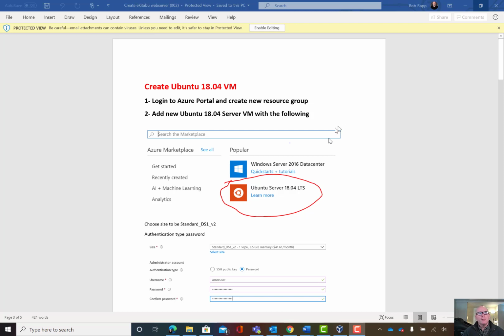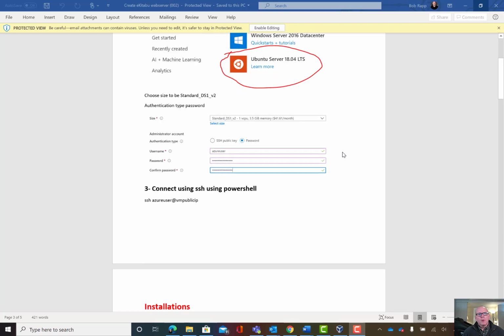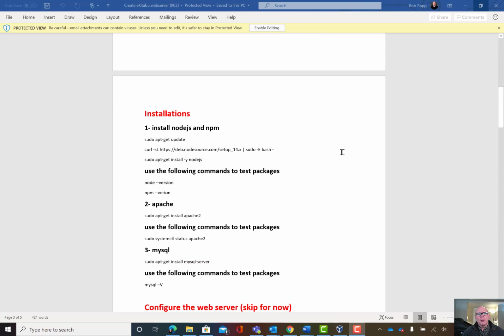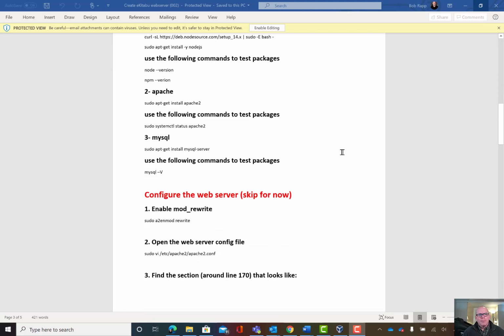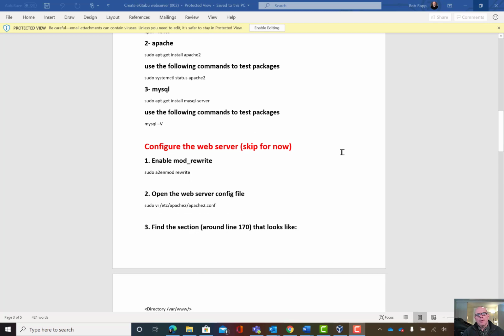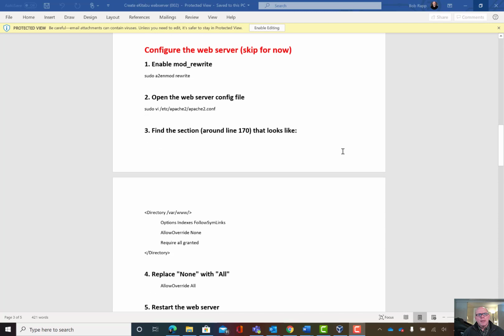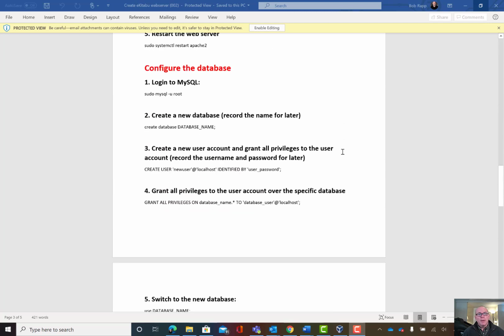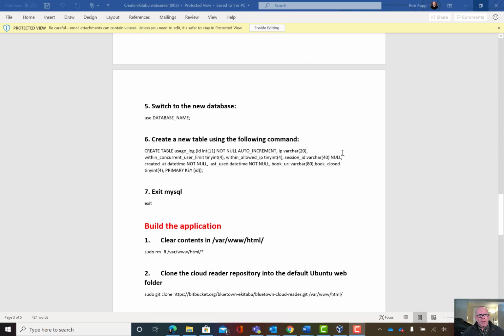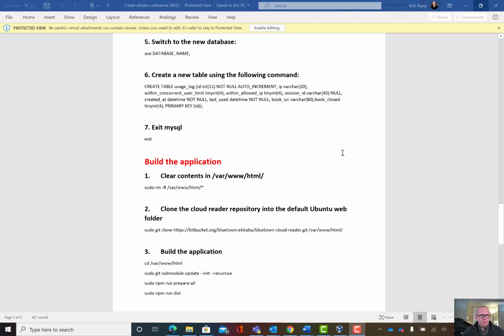So the first thing we're going to do is go to Azure and create a VM. We're then going to connect using PowerShell, install Node.js and the package manager. We're going to test that out, then install Apache, then MySQL. Then we're going to enable modifications to rewrite, change the configuration for Apache, and then add a couple of lines that are necessary. Configure the database, grant the right permissions, create the tables that we need, build the actual application,